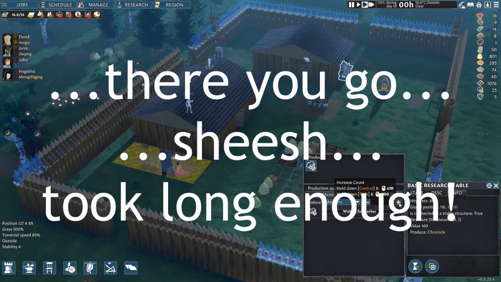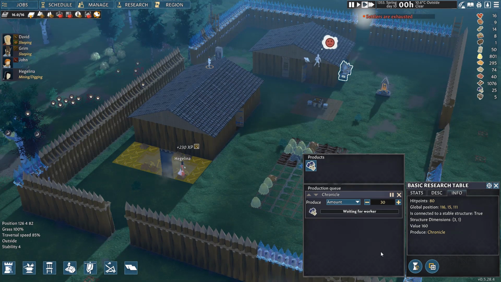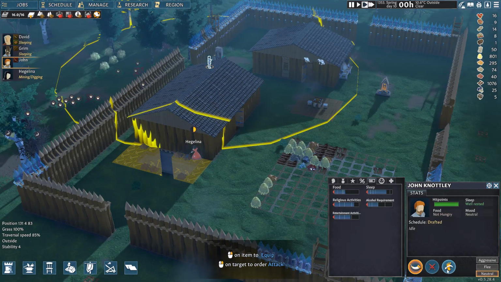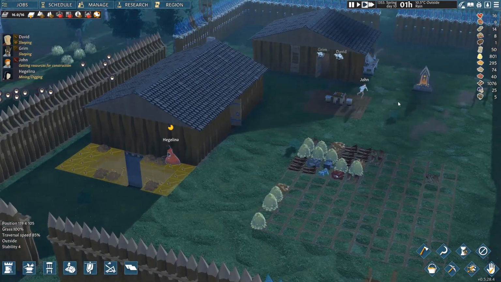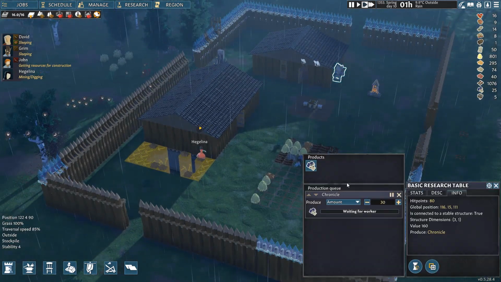Autosave that. Let's produce. Let's just crank that puppy up. Let's see if John will do that now. I needed to click on there for production. Okay, so that's what it is. So we'll undo that. He's no longer drafted. He's getting resources. We'll see. Now that I put in there that I want you to produce